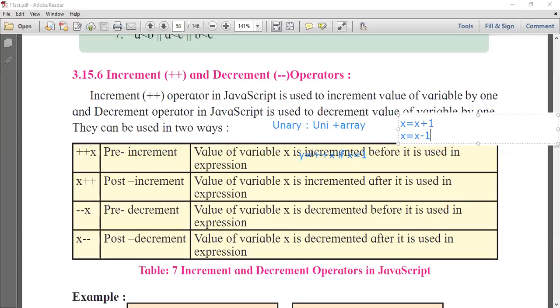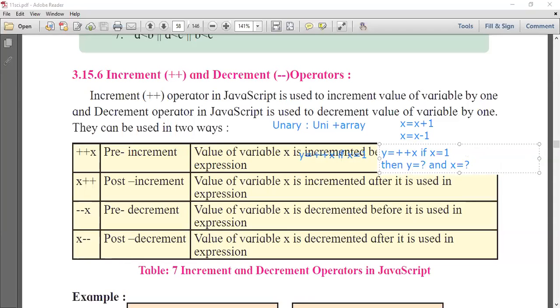Now we will come back to this point. Okay, so what was that point? If y is equal to plus plus x is written, and x is equal to 1, then what is y and what is x?